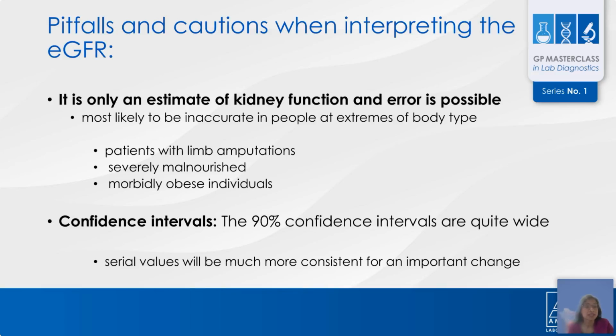That is, 90% of patients will have a true GFR within 30% of the estimated GFR, and 98% will have measured values within 50% of that estimated value. So for an individual patient, it becomes very important to look at serial values because these will be much more consistent and can tell us a lot more. When looking at serial values, if there is a huge drop, like a 20 to 25% decrease in that GFR, this could reflect an important change.